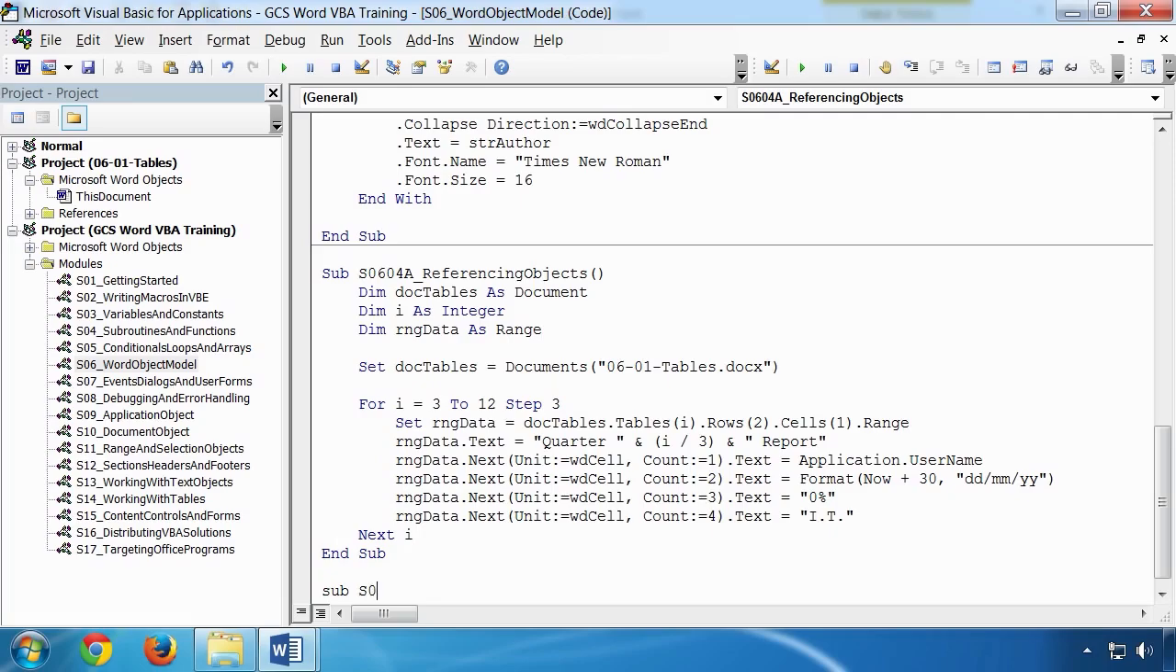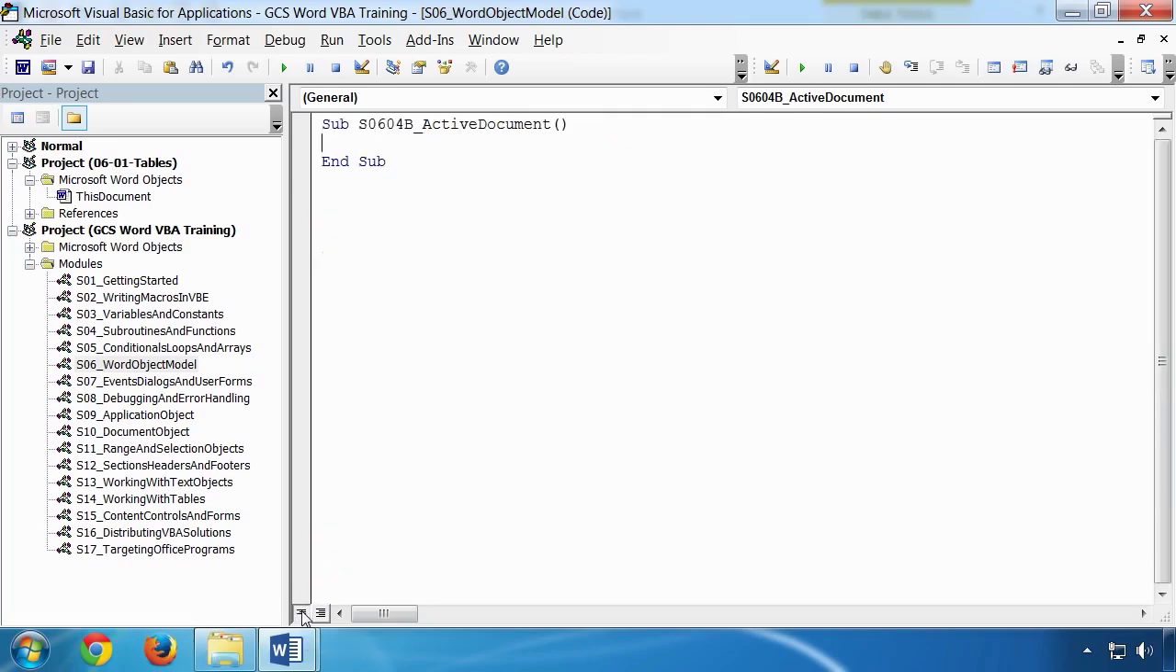and then sub 0604B, and let's call it active document. And we can simply say if active document is, and this is a special keyword that you use when you're comparing two objects. It can't be used, for example, on regular data variables. That would be an equal sign. It's purely for either document variables or document object references as we're using here. So if active document is this document,